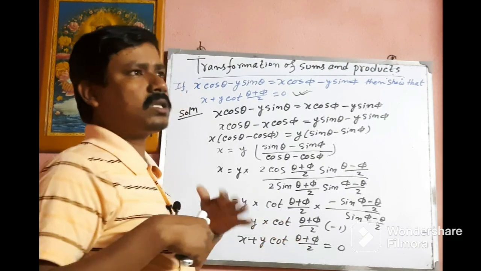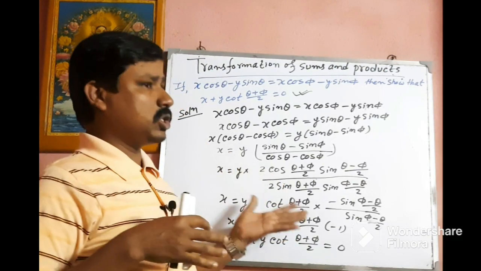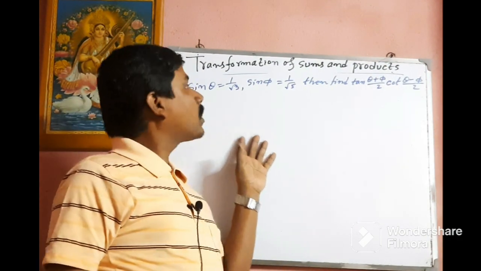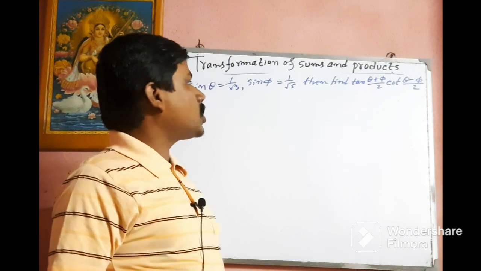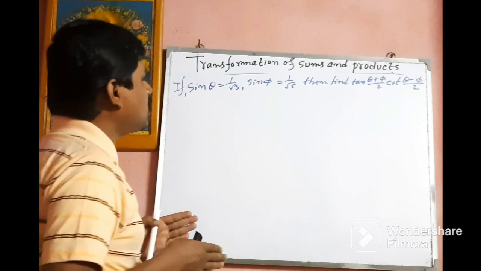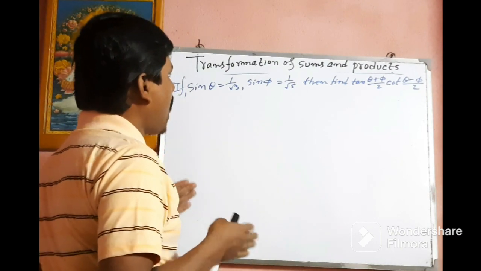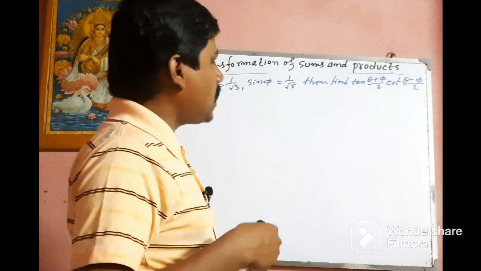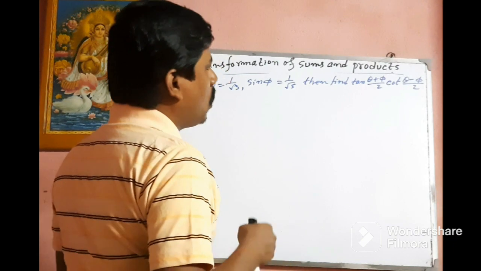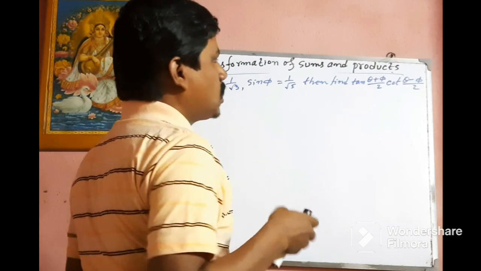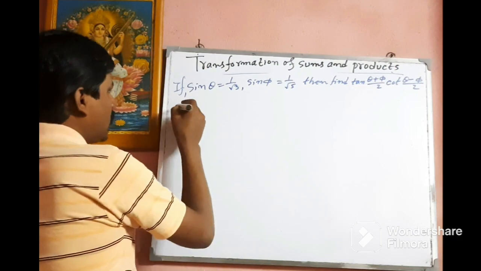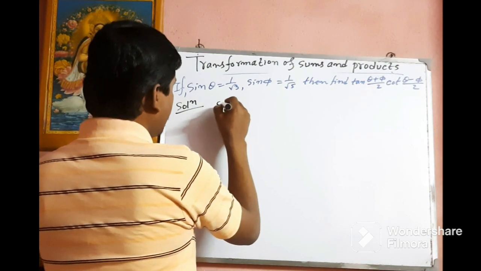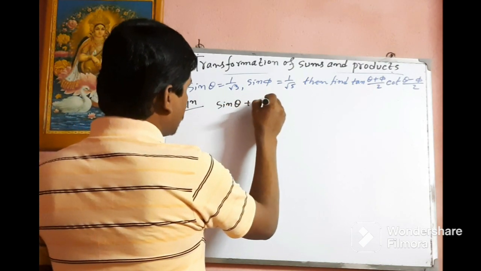Move to the next, that is the third example, the last example of this chapter. Now we are discussing the third and last example of the day and of the chapter on transformation of sum and product. If sin theta is equal to 1 by root 3 and sin phi is equal to 1 by root 5, then find the value of tan (theta plus phi) divided by 2 multiplied with cot (theta minus phi) divided by 2. Okay, according to our information, the solution is sin theta plus sin phi